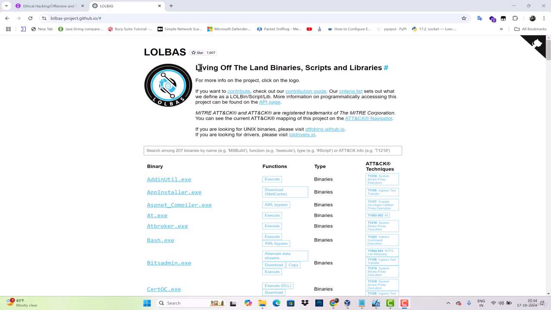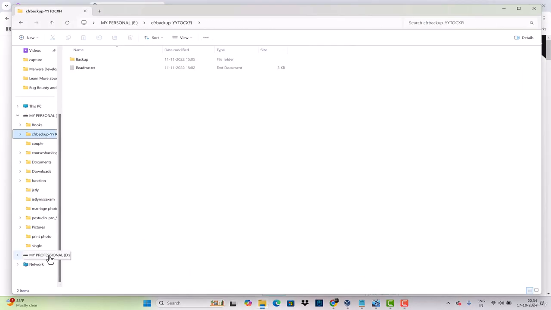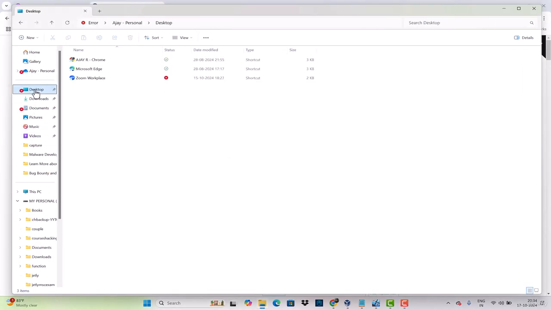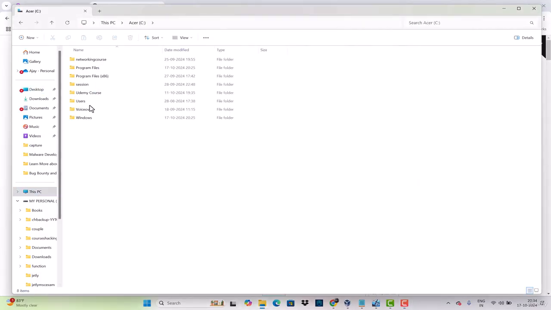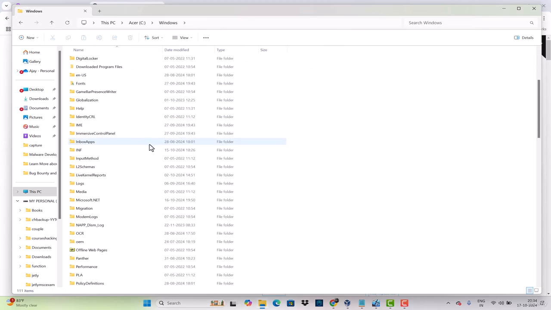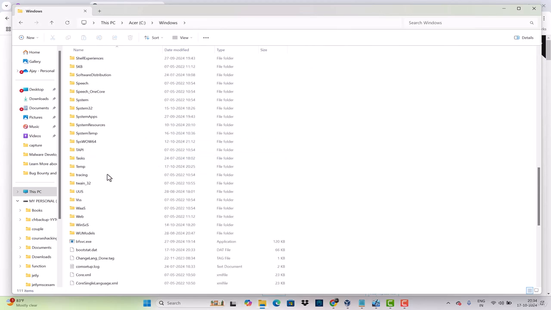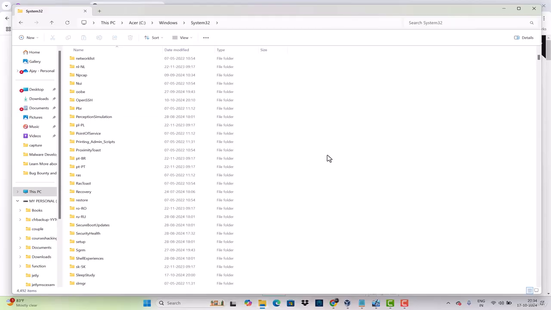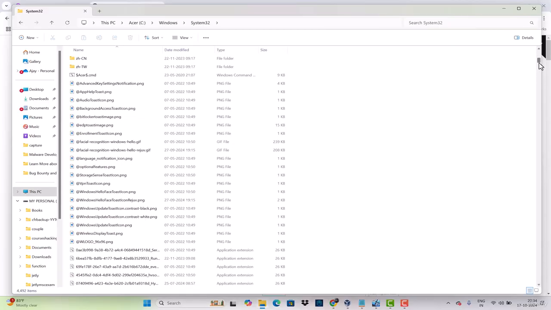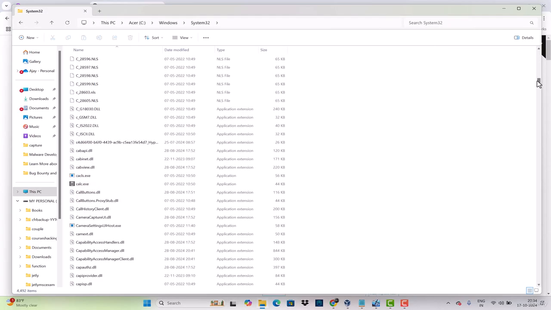Our Windows machine already has a lot of things. Let me go to my C drive, and let me go to C Windows System32. Microsoft contains a lot of binaries, driver files, and many executables, like Sysinternals.